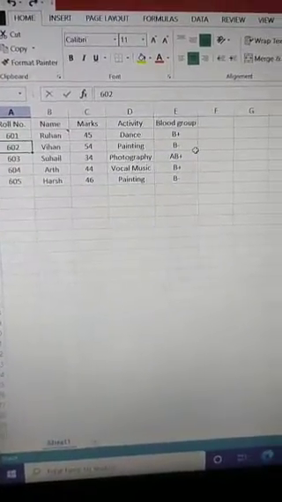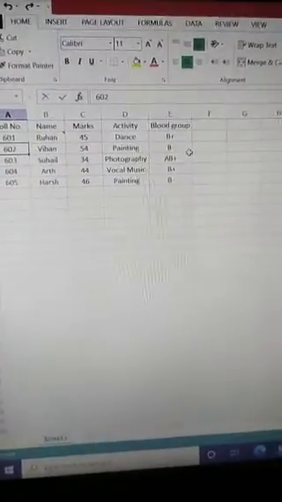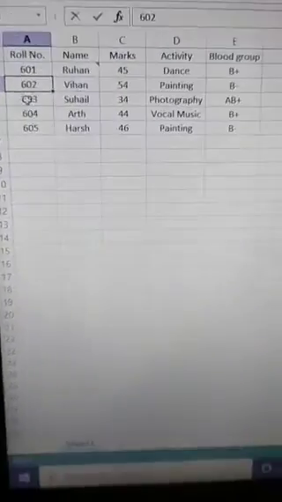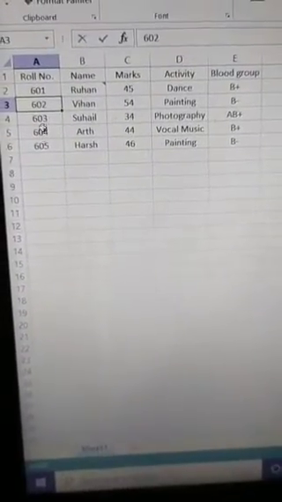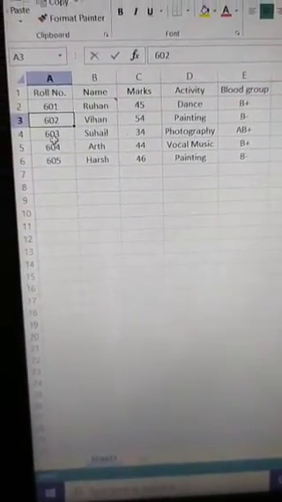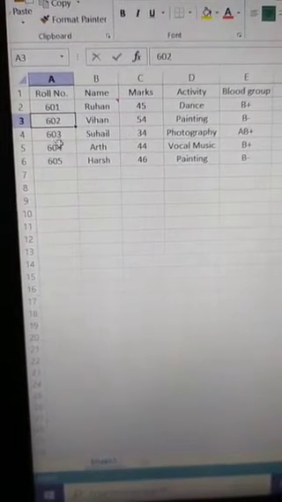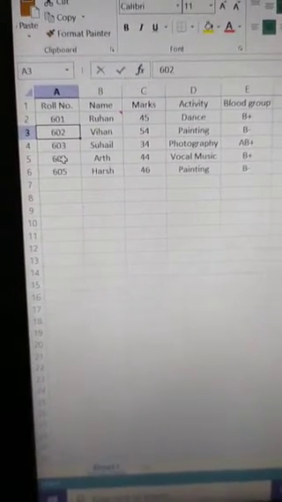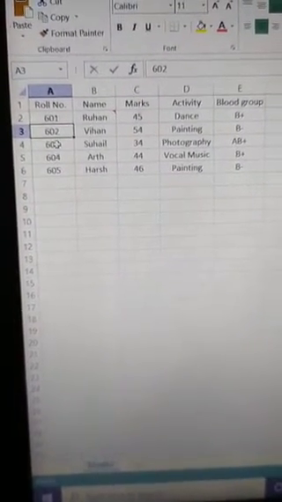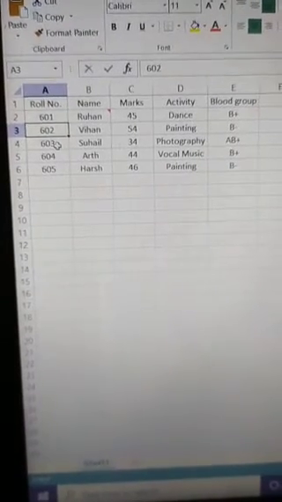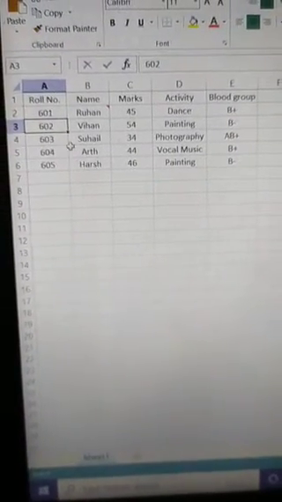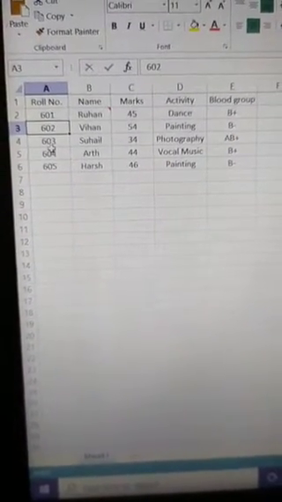Contiguous means cells that touch each other, especially along a line. Here you can see that 603 and 604, that means the A4 and A5 cells, are contiguous because they touch each other along a line. Okay, that's why it is contiguous.